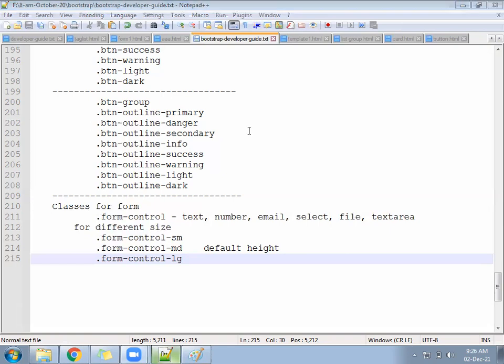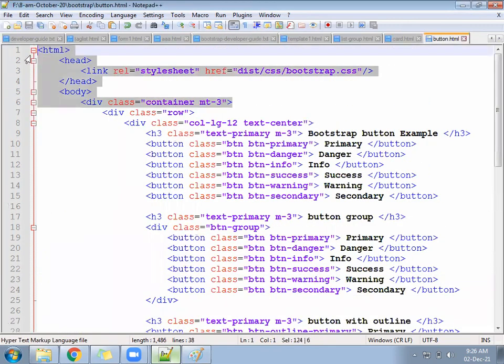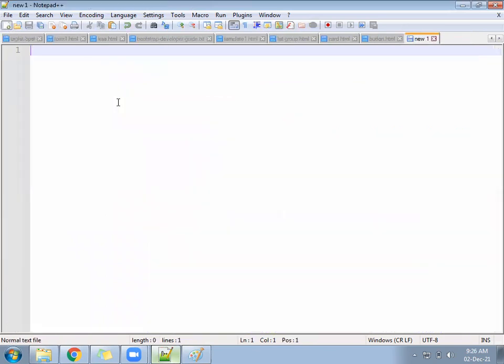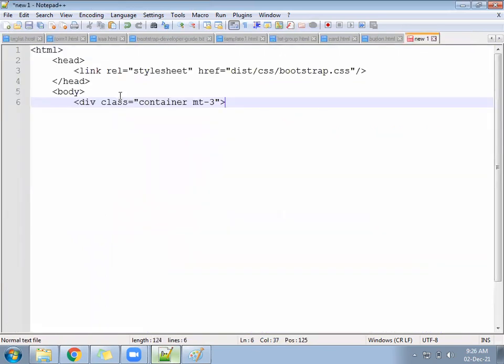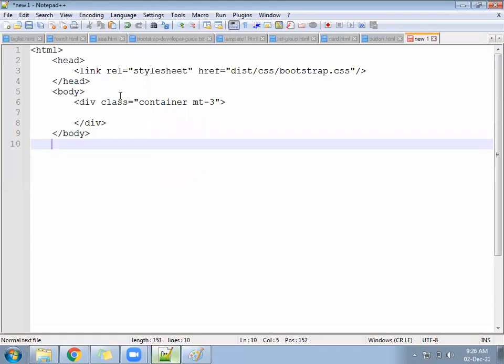Let's come now. We can create one more file, Form1.html. Close the div, close the body tag, close the HTML tag.